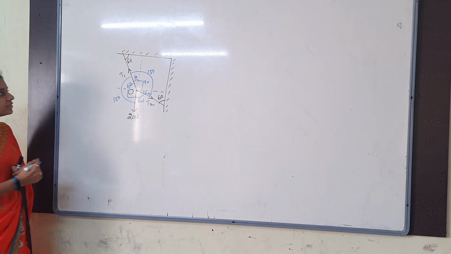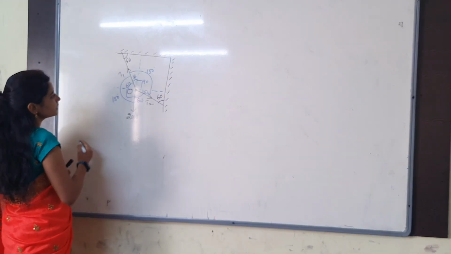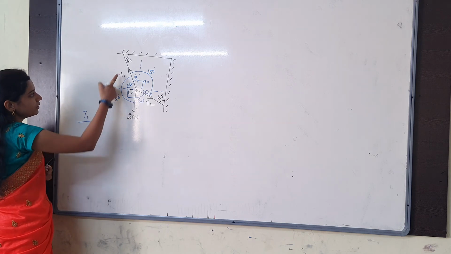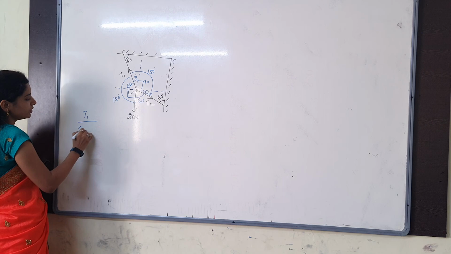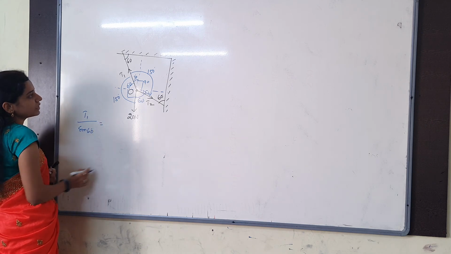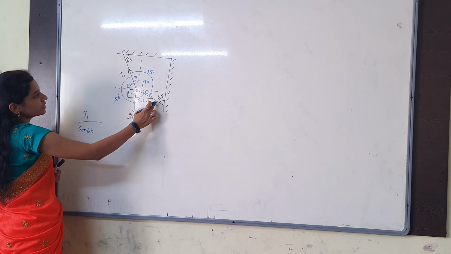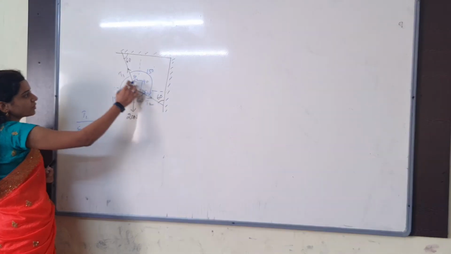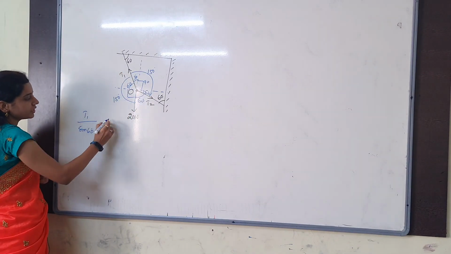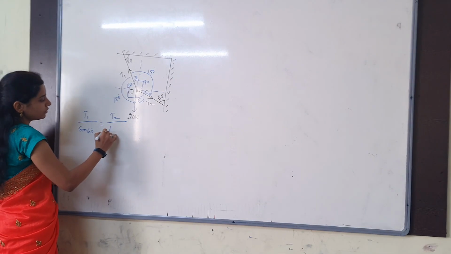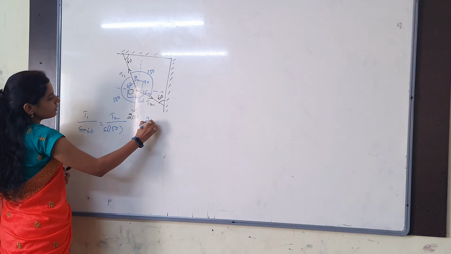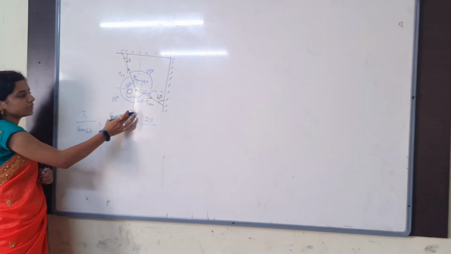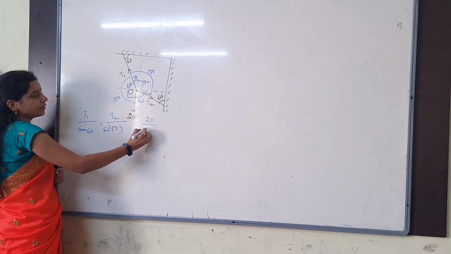Have you taken the correct angles? Yes? Then you will get the answer. Apply Lami's theorem. Simple one. T1 by the opposite angle. What is the opposite angle for T1? 60 is the opposite angle. Sine 60. That is equal to T2 by its opposite angle. T2's opposite angle is 150 degrees. T2 by sine 150 degrees. Then for 20, what is the opposite angle? For 20 newtons, again 150.